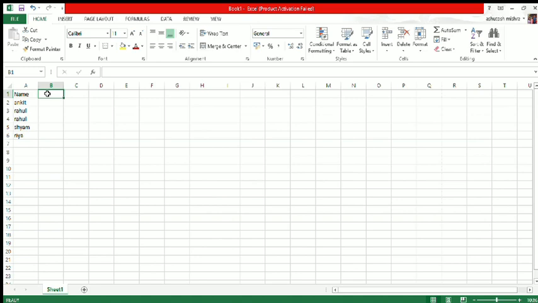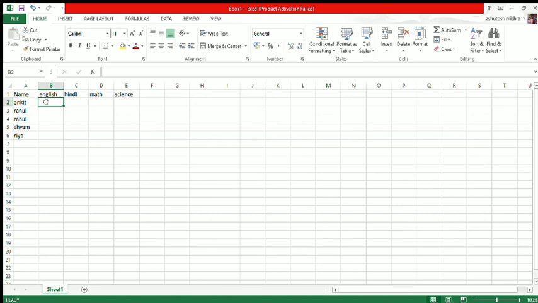Let's take some subjects: English, Hindi, math, science. Four subjects only, because that is an example. You can take more subjects and more student names, but here I will take only 5 students and 4 subjects.